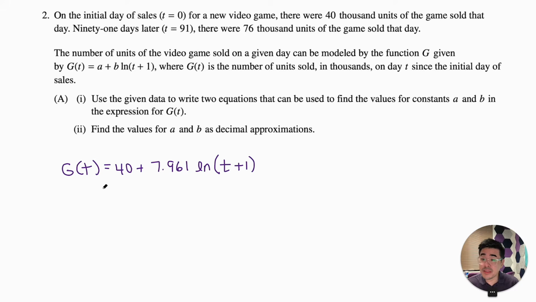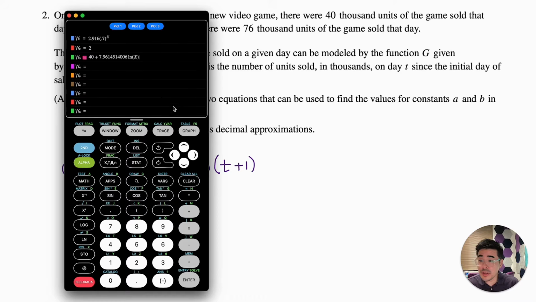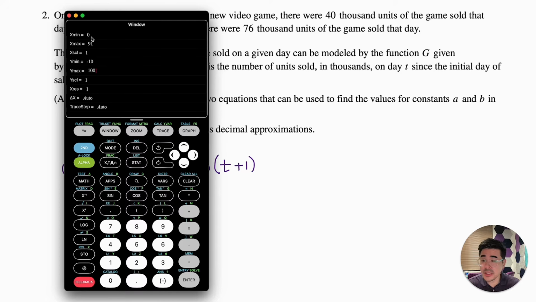Now that I've come up with this equation, I want to verify that it works by going to my calculator. Notice how I stored it over here, but this is not the right equation, right? It should be x plus 1, so let me go ahead and fix that. And then make sure your window is correct, right? So it goes from 0 to 91 for the days. And then my y max is around 76, so I just went up to 100, and I'm going to hit